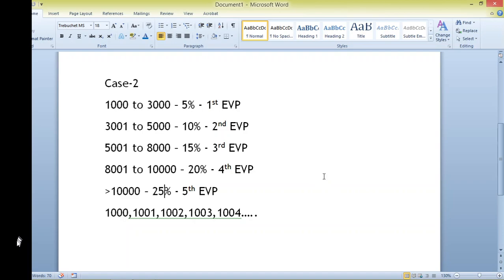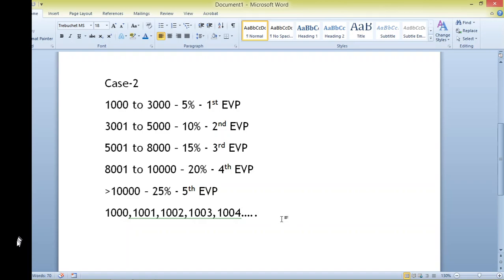In the last video, we were deriving the EVPs for our test scenarios for the test data which was given. We identified these 5 EVPs, and I already said that even if you take 1000 data, it is still going to validate only the first one and not the rest. So how are we going to overcome this?